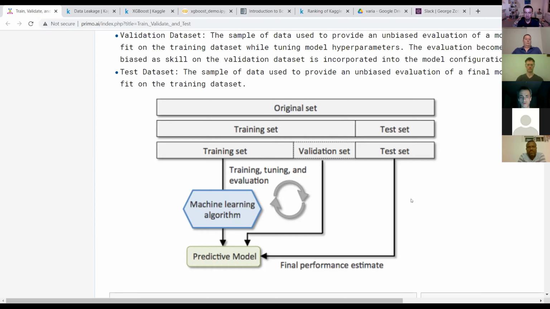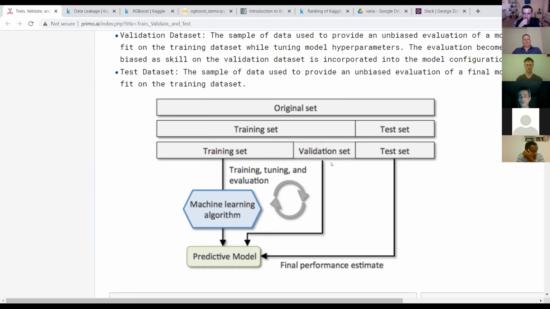So good hygiene requires that you separate it even before you do any pre-processing, any scaling, imputation, etc. Just put it completely separately. Just before that, of course, you make sure that your test data is representative of your true population, and is actually valid. So that's number one, and they stress it, and rightfully so.